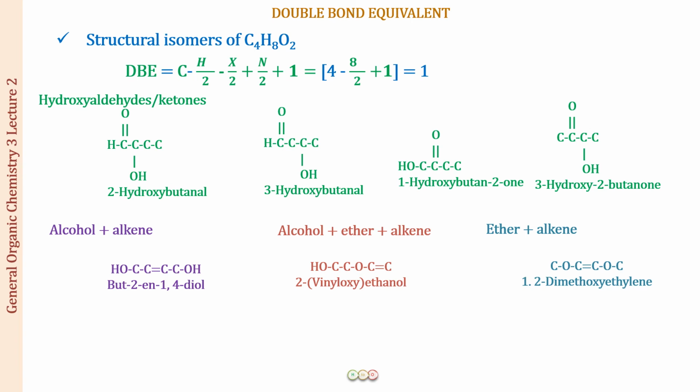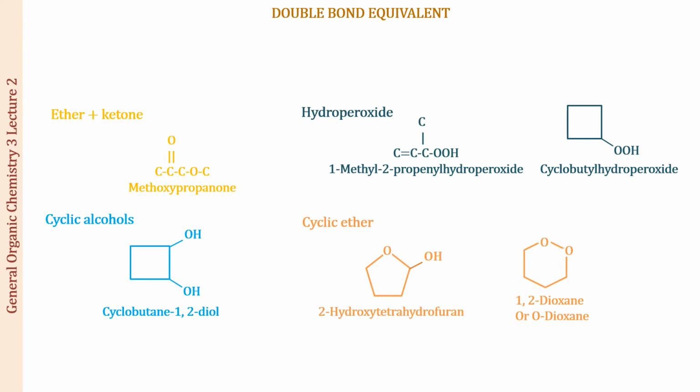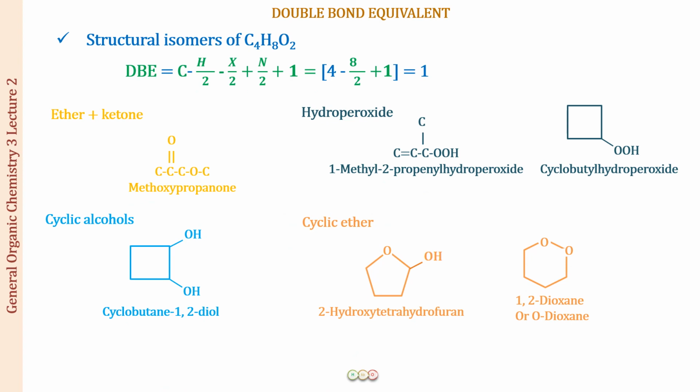Okay, so this is as far as the name of this compound is concerned, and you have seen so many structures. Do you want some more? Let us see some more then. All right. So again, these are the structural isomers for C4H8O2, and the DBE value will be 1. I'm just putting up all the structures that are possible. Now we had an ether, I hope you remember. So now an ether, and instead of the alkene, I have put up a ketone. So the name of this compound, as you can see over here, is methoxypropanone.